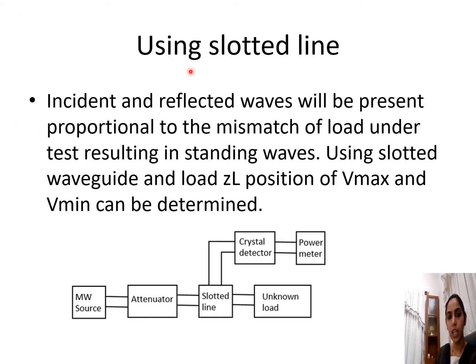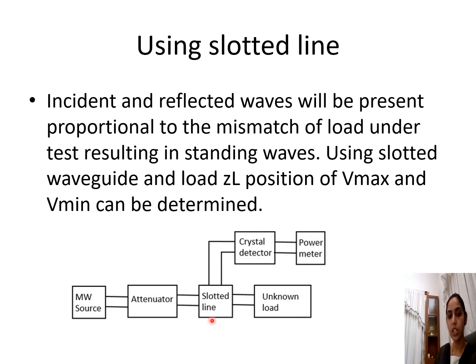Now first we will see the slotted line method to measure the impedance of microwave. We have to understand that by using a slotted line we are just going to understand the nature of impedance, that is, whether the impedance is capacitive or inductive in nature. Further, to get the amplitude, phase, etc. of the impedance, we have to use the Smith chart. So in this block diagram or explanation, you will understand only the nature of impedance of the load which is used.